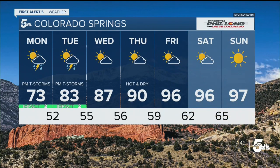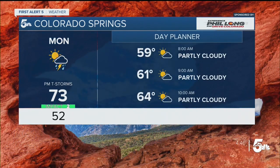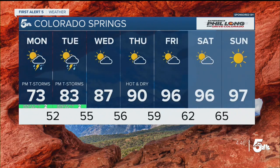So let's take a look at your 7-day forecast. So we do have a chance of seeing some more showers for Monday and Tuesday, the beginning of the work week. So we just have that at an impact scale of 2. So we're going to have partly cloudy conditions in the morning. By the time we get to the afternoon, that's when we're going to start to see some of those afternoon